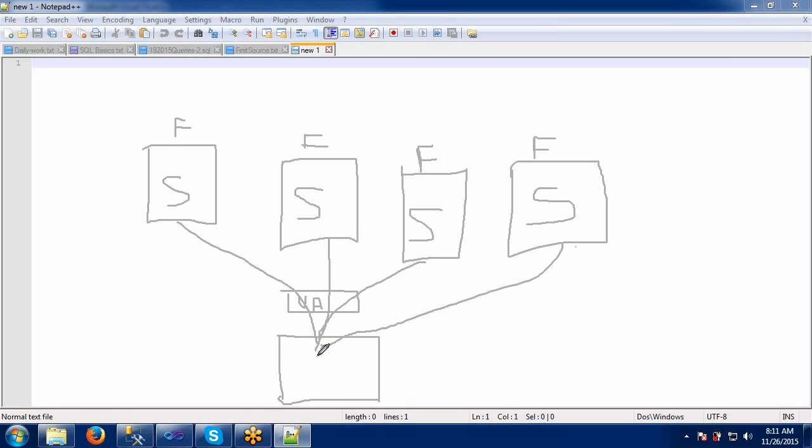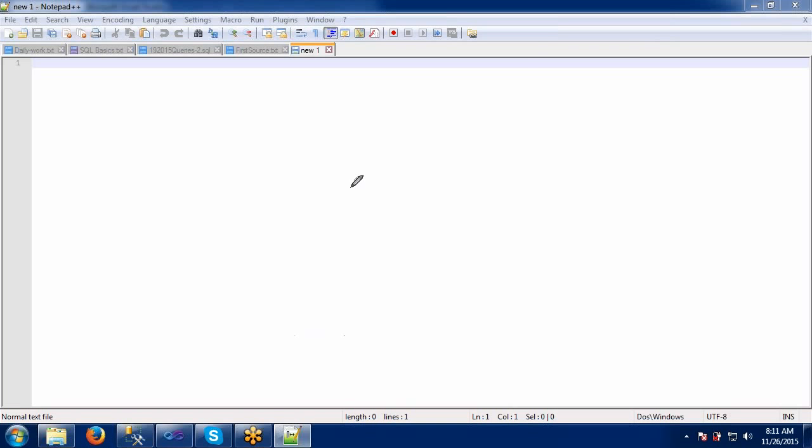Let's see it practically, then we can easily understand. My requirement is I have four flat files, and I want to send the flat files' data into one table by using a single package. Let's try this one.